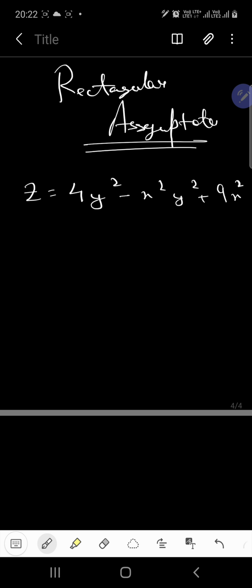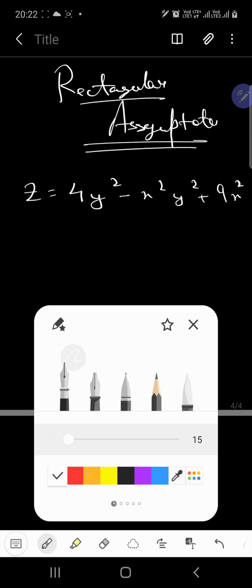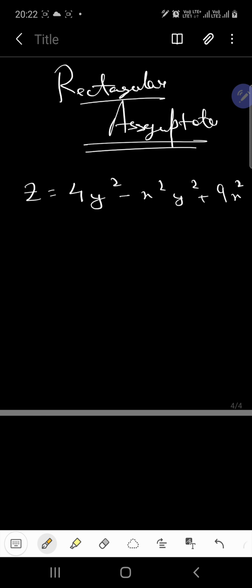So this is the curve you have, and you need to find the equations of the rectangular asymptotes to this curve. Now we have generalized the term rectangular asymptotes to make you find both vertical as well as horizontal asymptotes if they both exist, and if either of them exists then we need to find the equation of that particular asymptote, and if neither of them exists then we need to write the required conclusion, that how you actually came up with this result that none of the asymptotes exist.